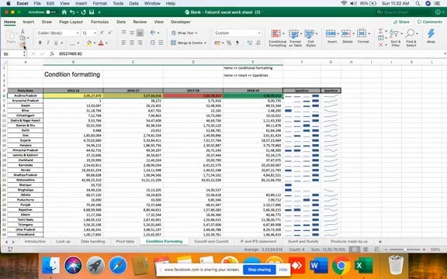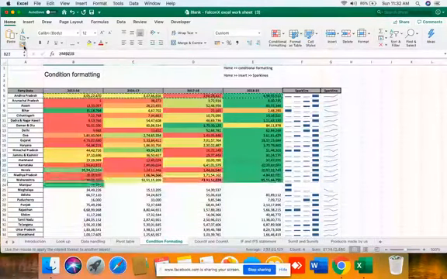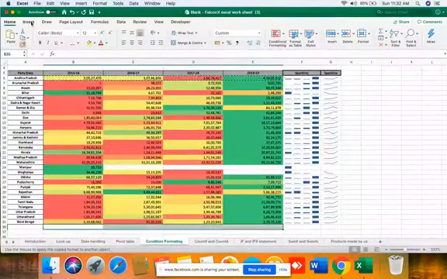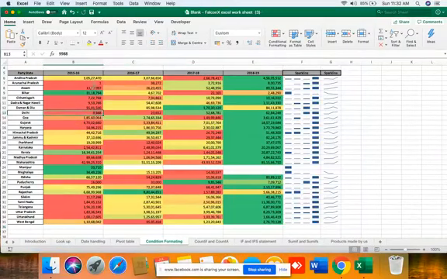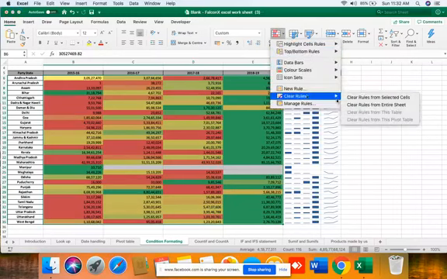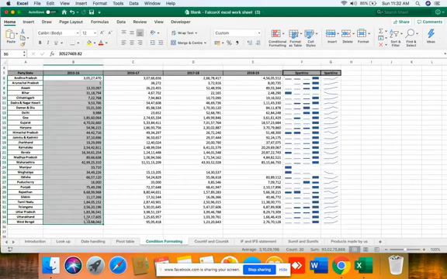Now you have to copy paste on all the rows. You can just use the paintbrush and then down key for enabling everywhere. This was conditional formatting at the row level. Now if you want conditional formatting at the column level, let me clear it first. Select the column, sorry,